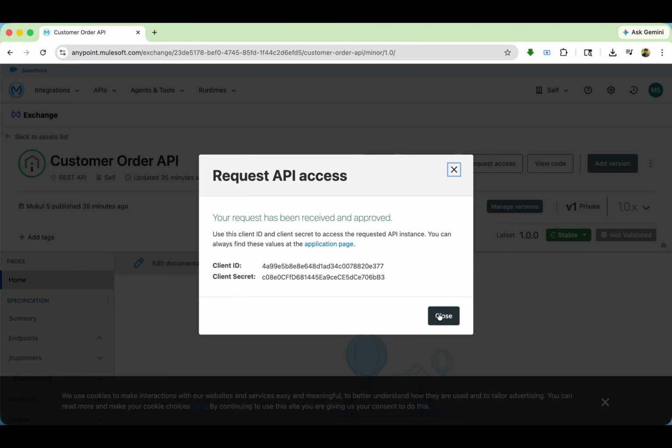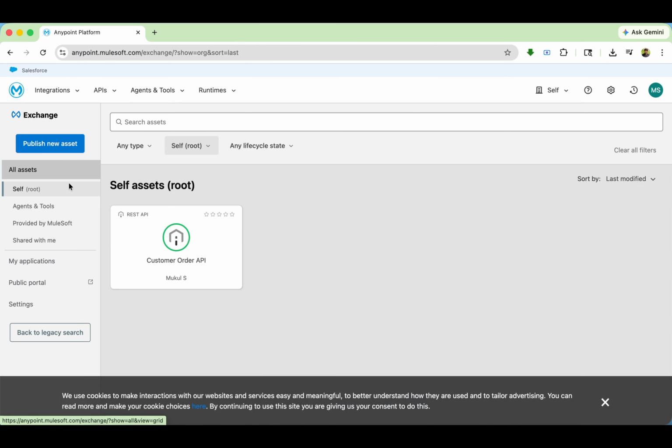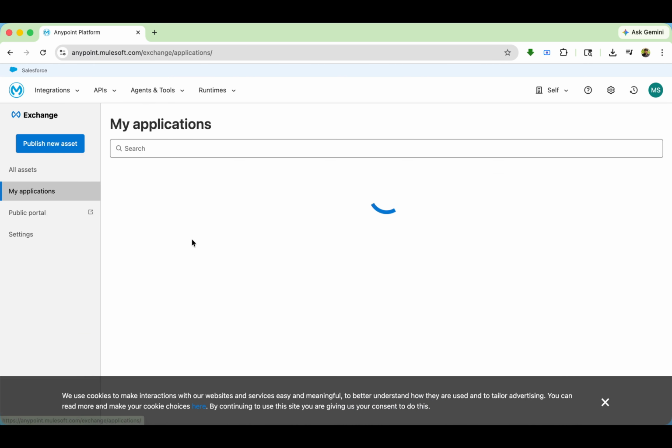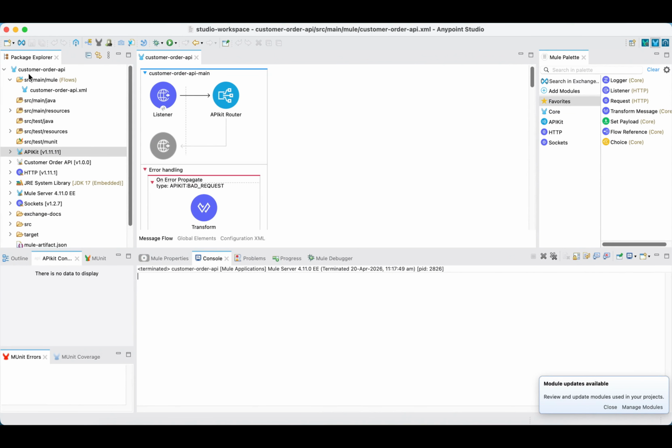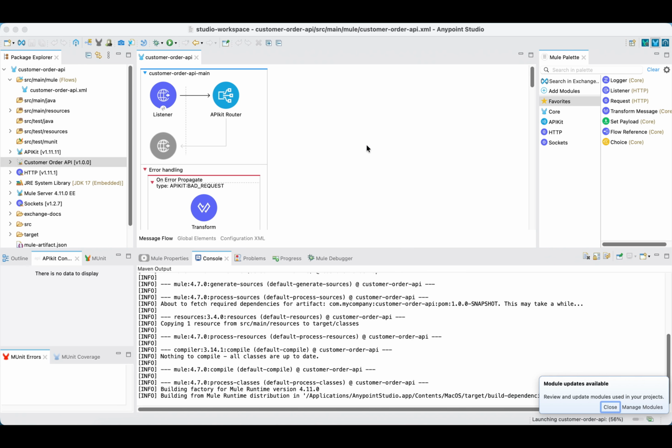So you can close this for now and you can access this client ID and client secret from My Applications as well. Here as you can see the client ID and client secret you just created for customer order API. Now I have created one project in my Anypoint Studio and scaffolded the customer order API from Exchange. Now if I deploy this application,